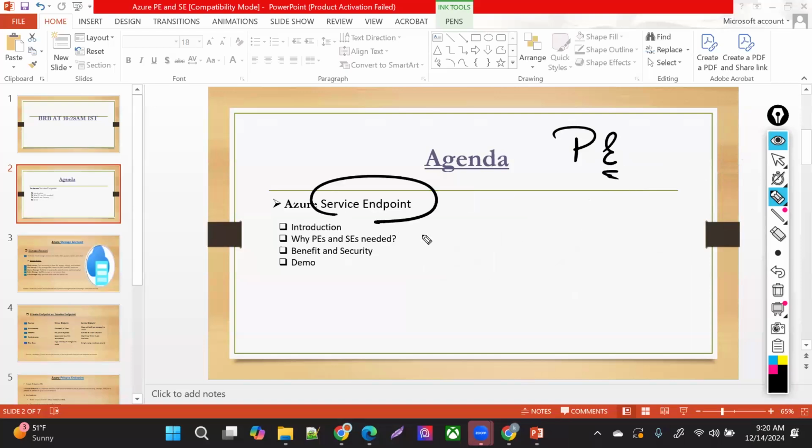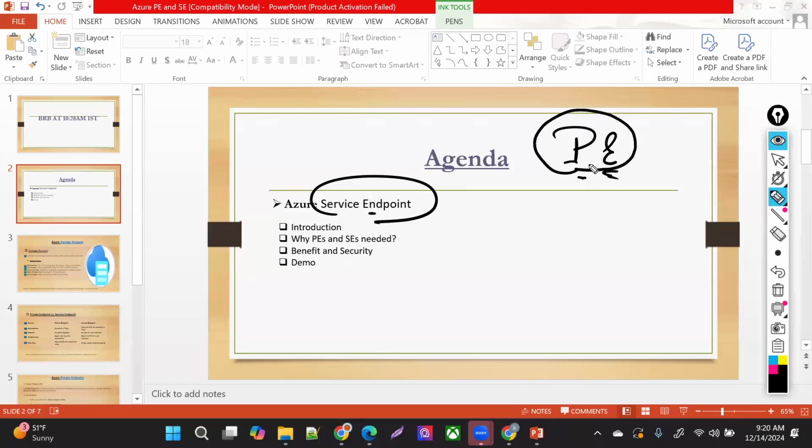Now, what is this service endpoint then? We have a clear understanding of private endpoint, which spins out a NIC, and you access your service privately and securely within the Microsoft backbone network. Then why this service endpoint, right? First thing, the private endpoint is to access it privately and securely.